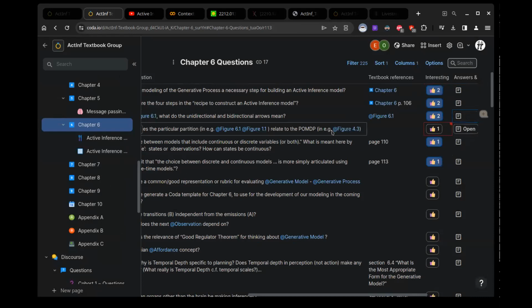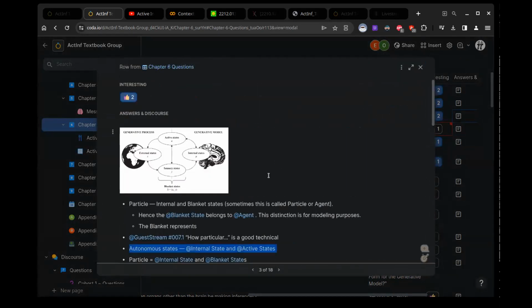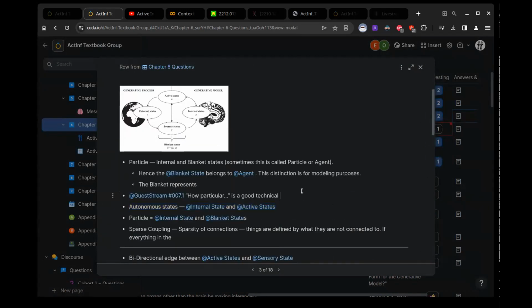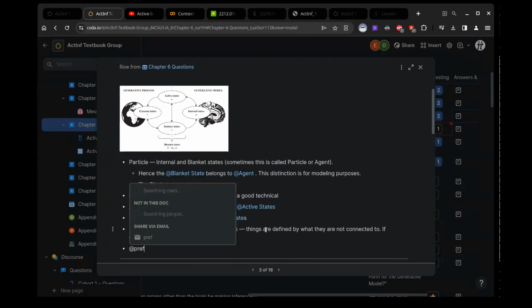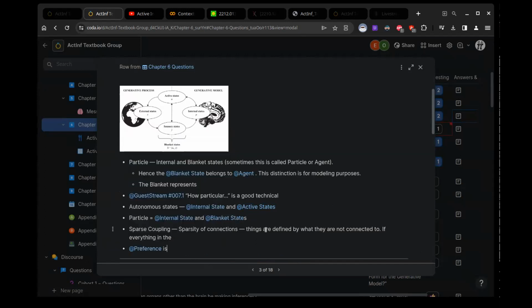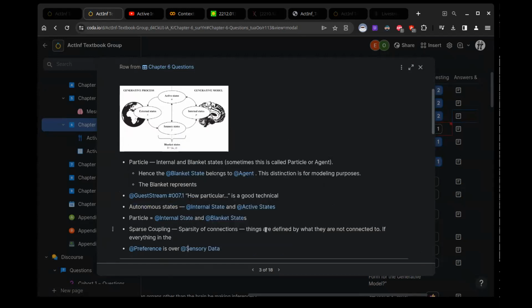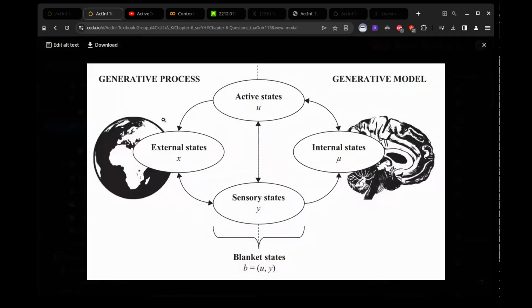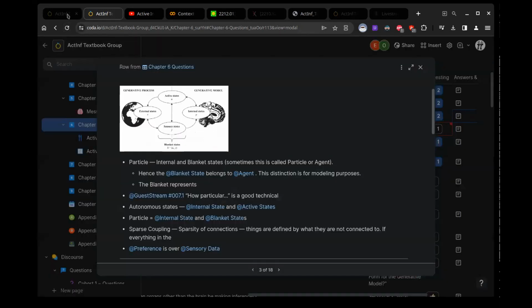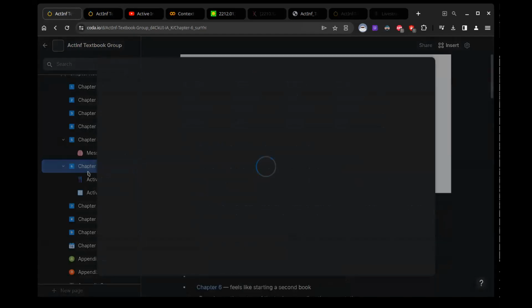Olivier? Yeah, I'm not sure I got it, but you said the preference is put on the sensory state. Correct? Correct. So is that reflected in the mathematical expression of free energy? Oh, absolutely. It is not shown here. On this particular partition, we don't see the C vector or preferences. But let's look at it in the equations.